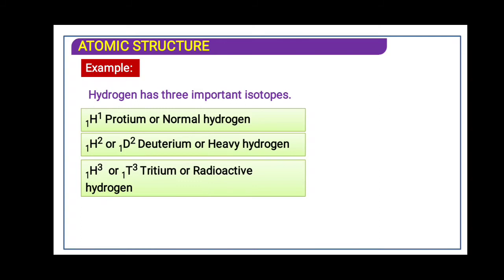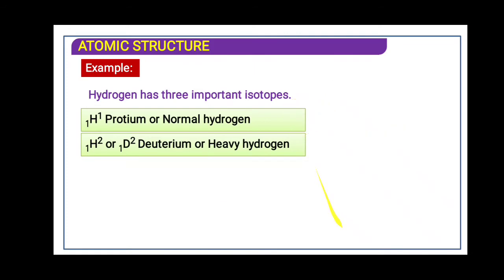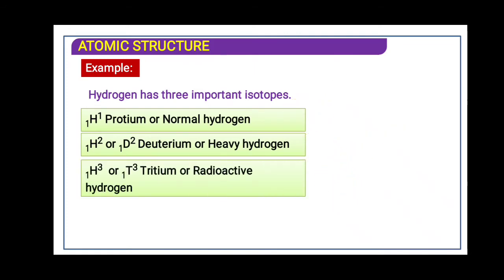Because most of the isotopes are generally radioactive. Radioactive means they can emit alpha, beta, gamma radiation. This tritium